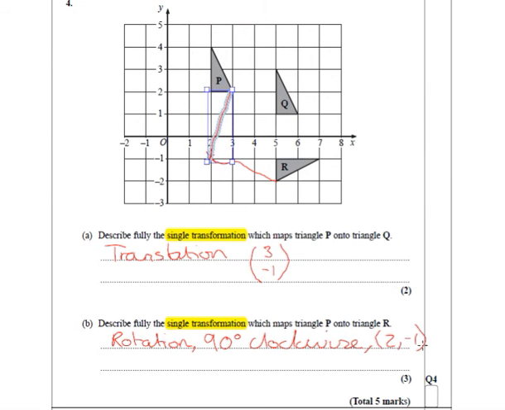And right there, so that's 3 marks. 1 mark for rotation, 1 mark for the direction, and then 1 mark for the center of